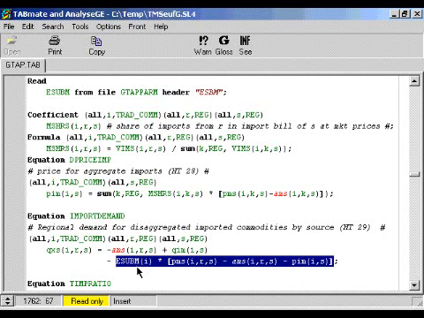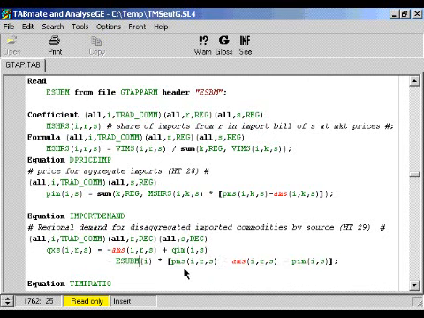It's made up of an elasticity, E sub m, times, in the levels, a ratio of prices in percentage change terms: the difference between two prices. The difference between the price of food from region R compared with the average price of food coming into the EU from all sources. When you have a CES nest like this, it's often very useful to see whether it's an expansion effect, this